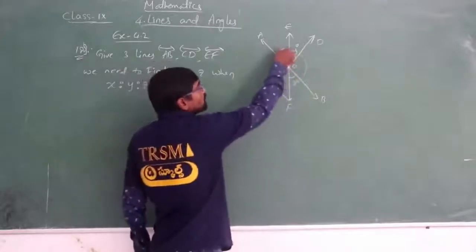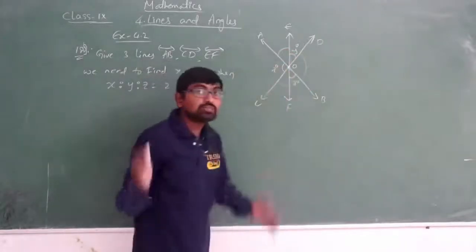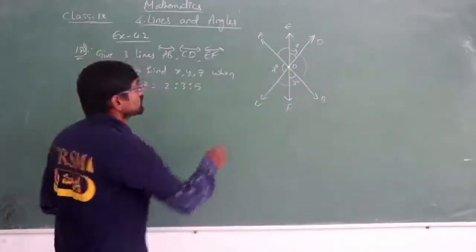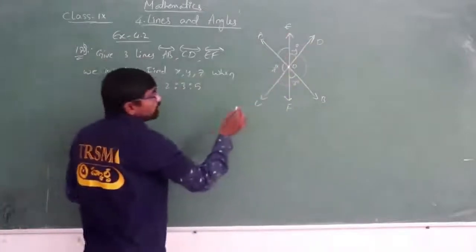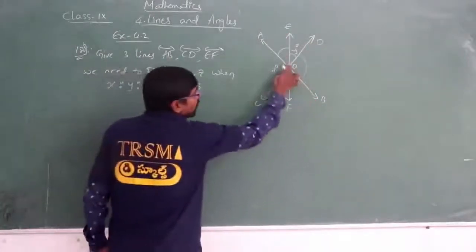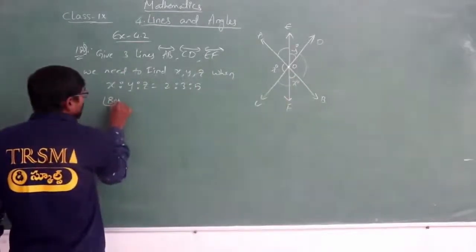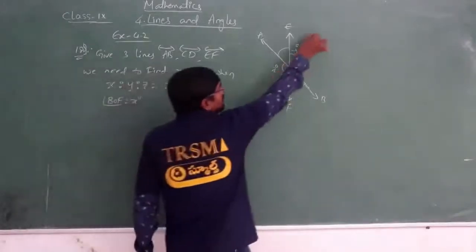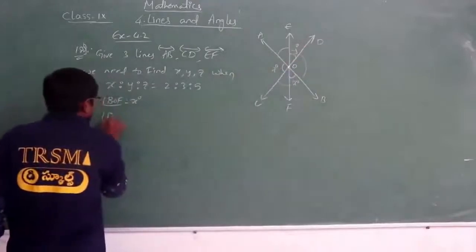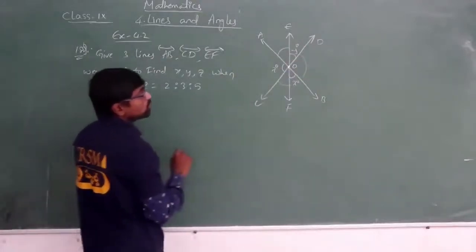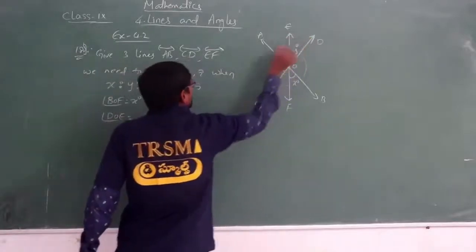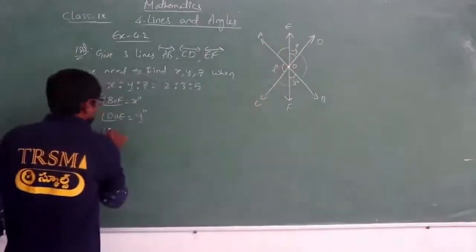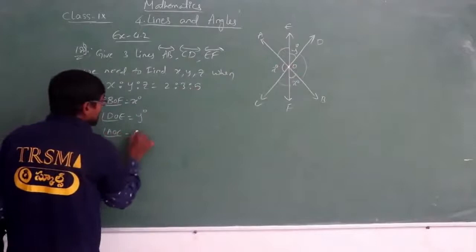You can see here 1, 2, 3, 4, 5, 6. So totally we are having 6 angles, but he had just represented only 3 angles. What are those 3 angles? EOD. We will be starting from alphabet. Okay, BOF. Angle BOF is equal to x degree. Similarly angle DOE is equal to y he had given, and again last AOC, angle AOC he had given as z degree.